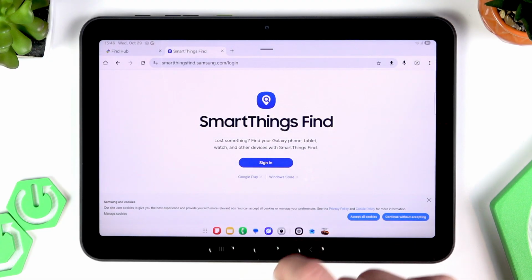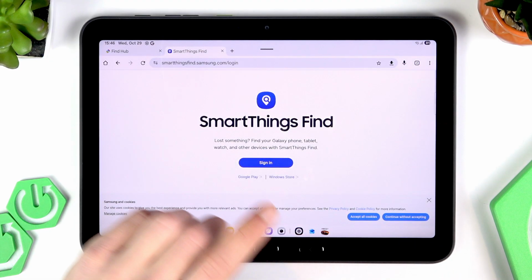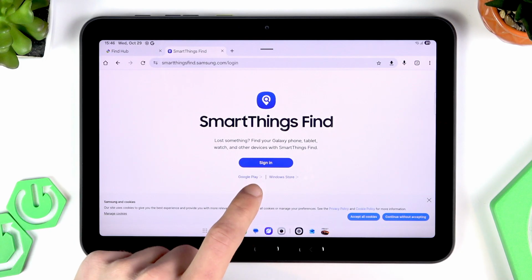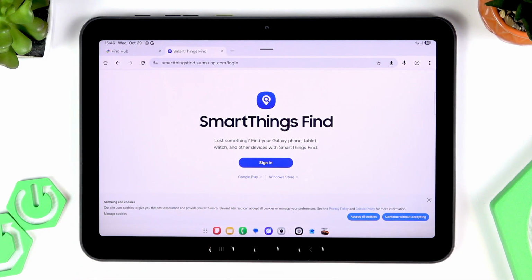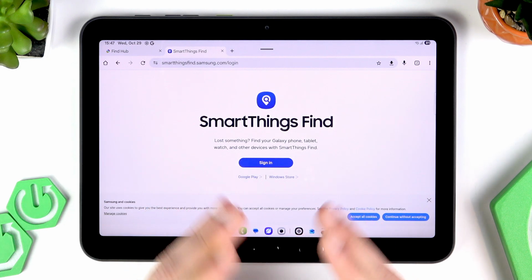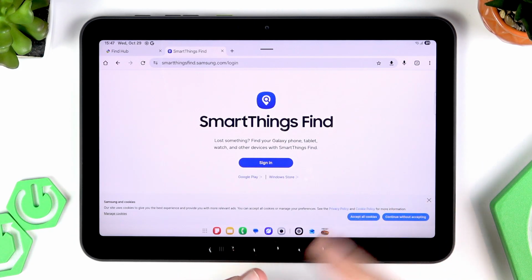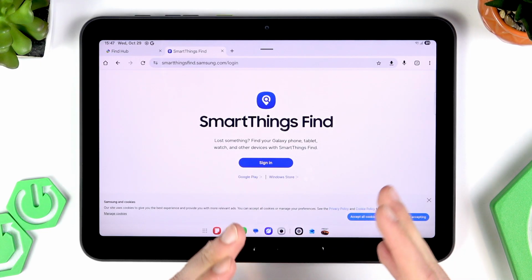If you are using the Samsung account on your tablet, you can go to smartthingsfind.samsung.com website and sign into your Samsung account. And once you sign into your Samsung account, you're gonna have to select the tablet from the list. Then under Protect My Device section, you'll have to tap on Wipe My Device option and select to perform a complete factory data reset. And after that, the factory reset will start, and once it's finished, your device will be basically completely new and you're gonna have to set it up once again,